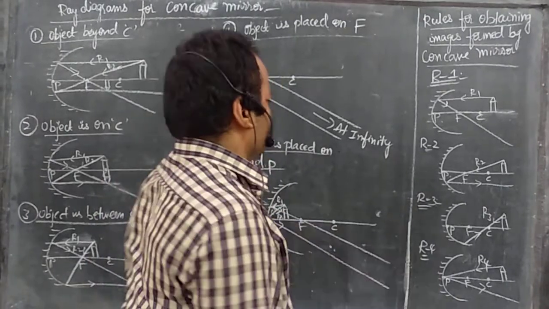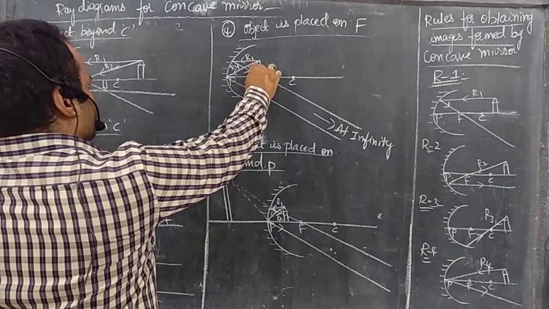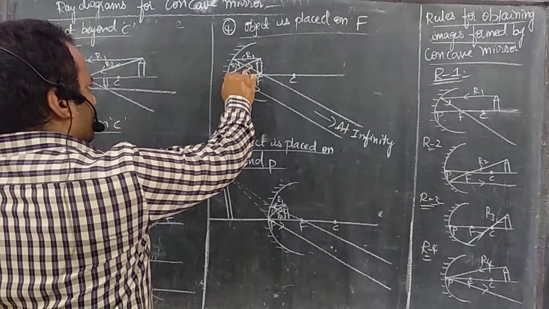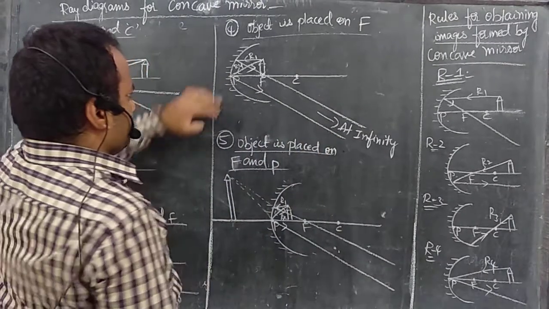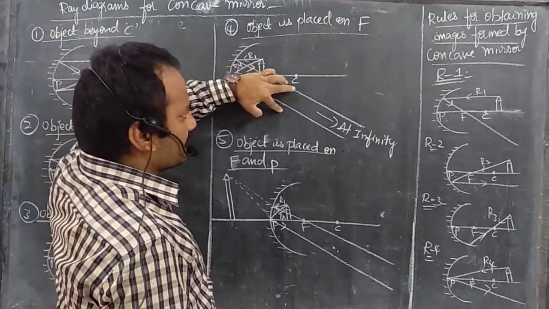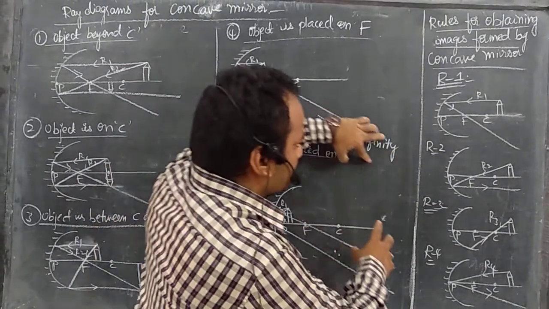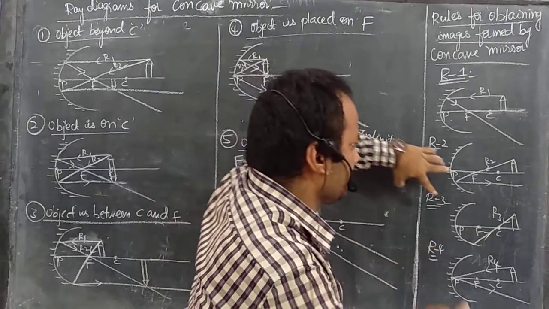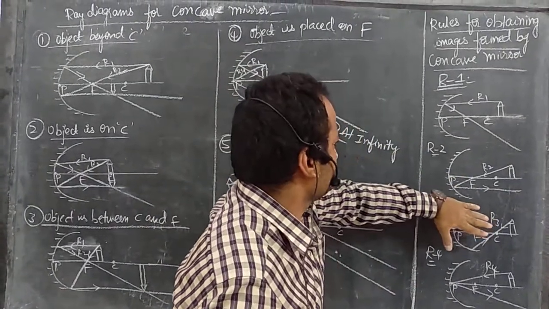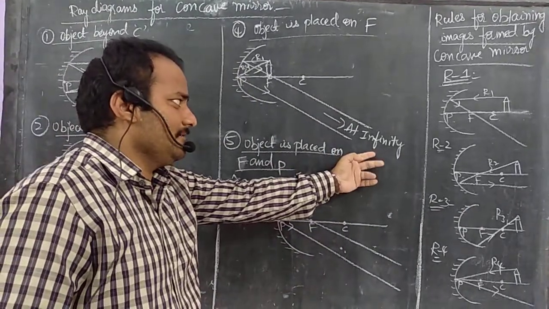Better to go with rule 4. Why? Because your object is near the pole. So the ray is directly falling on the pole of the concave mirror and the reflected ray makes the same angle with the principal axis. See. But these two reflected rays will not meet that easily here. Some more distance they will travel. After traveling a huge distance, they'll meet at one point. But how much distance? Can you guess? At infinity, see, at infinity.